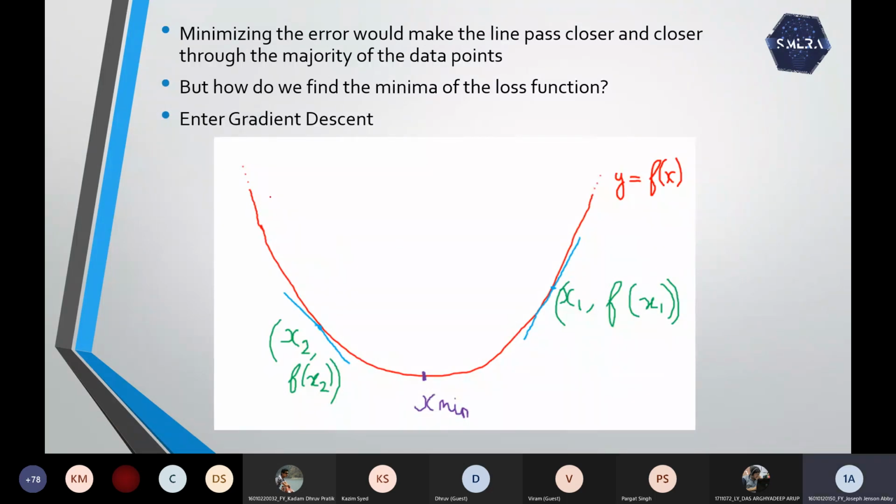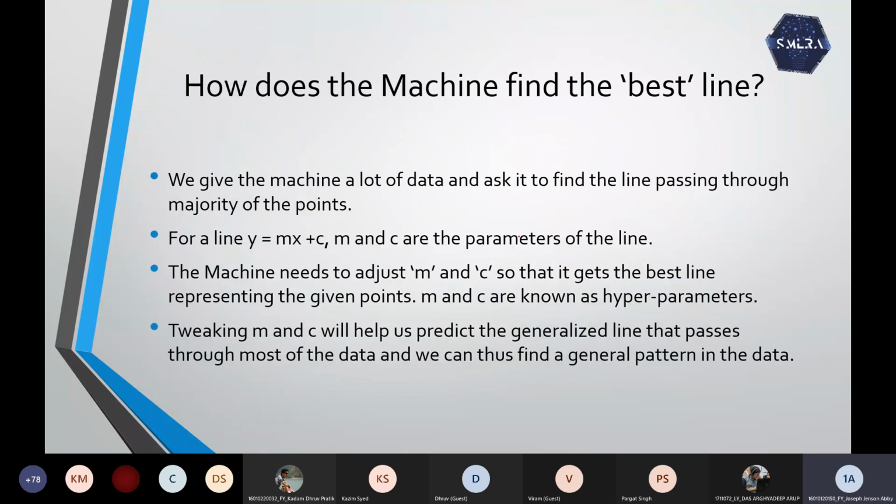All right. So suppose this is our function. I've taken the easiest function, y equal to f of x. Say any f of x, and suppose it looks like this. All right, this is our minima. Why do we take random values of m and c? I told you earlier, so that we reach a random point, and from there we start improving and reach our best values. So this is y equal to mx plus c.